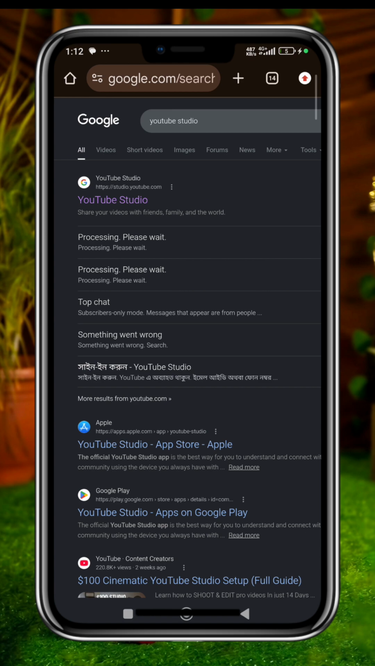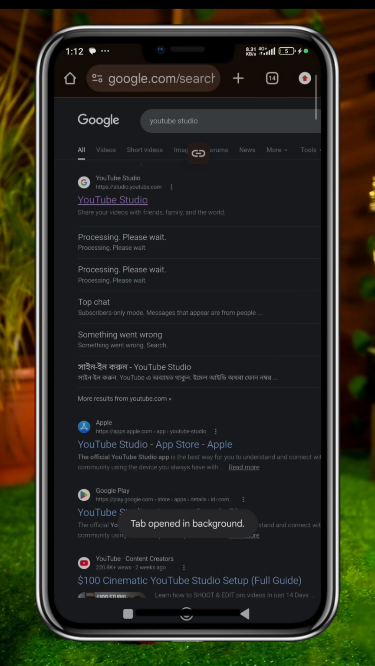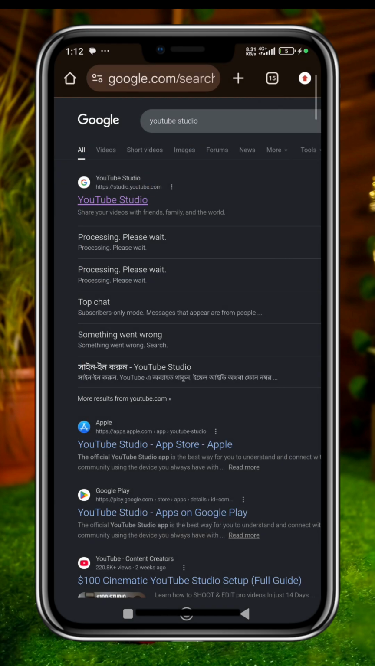Don't just click it, just click and hold on it. Then to bring out this pop-up, it will pop up this menu for you. So what you do is open a new tab. Once you click open a new tab, you will see at the up right hand side of your screen,